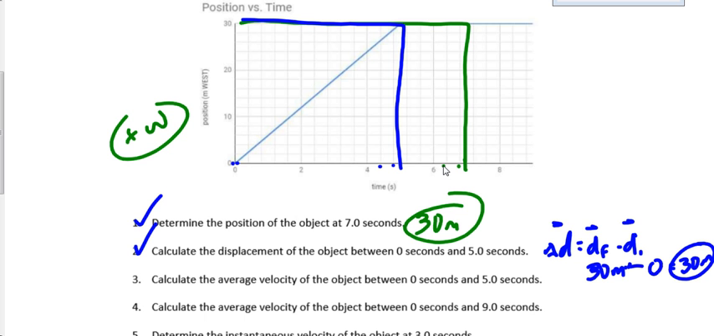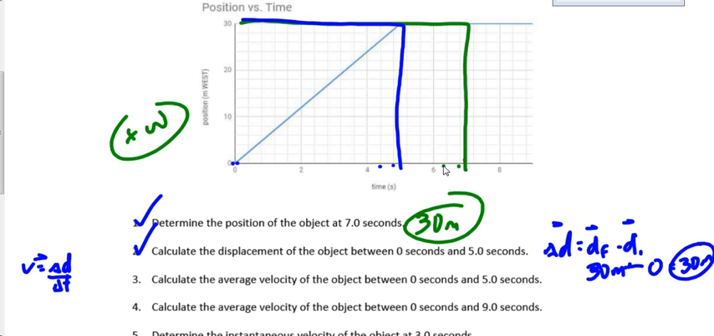Now my average velocity between 0 and 5 seconds, what do I do for average velocity? Done it a million times. Not a million, we haven't done it a million times, but several times. Yeah, it's just displacement over time. And we just found the displacement